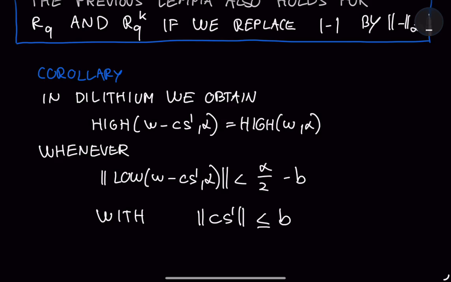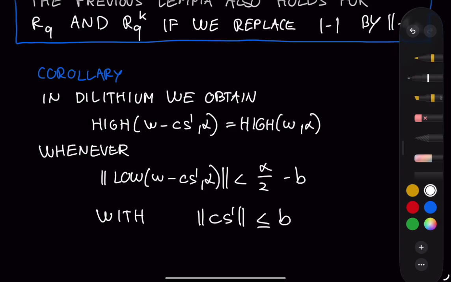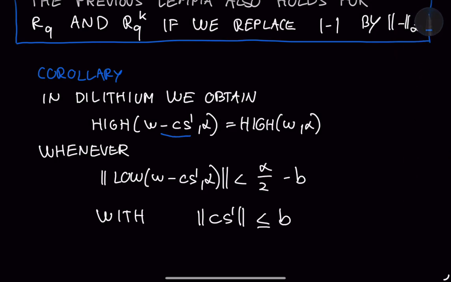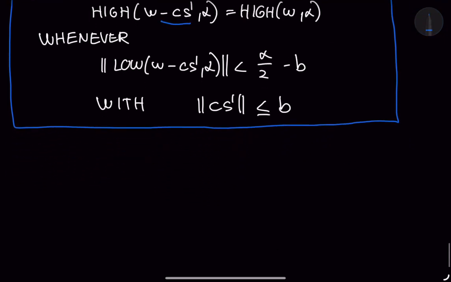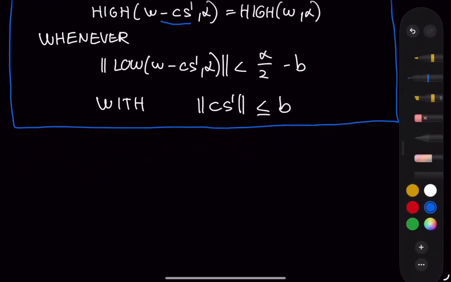If we can ensure this bound, then everything is fine, and the high values are robust against this noisy part. So this is our final result of this lecture. The conclusion: